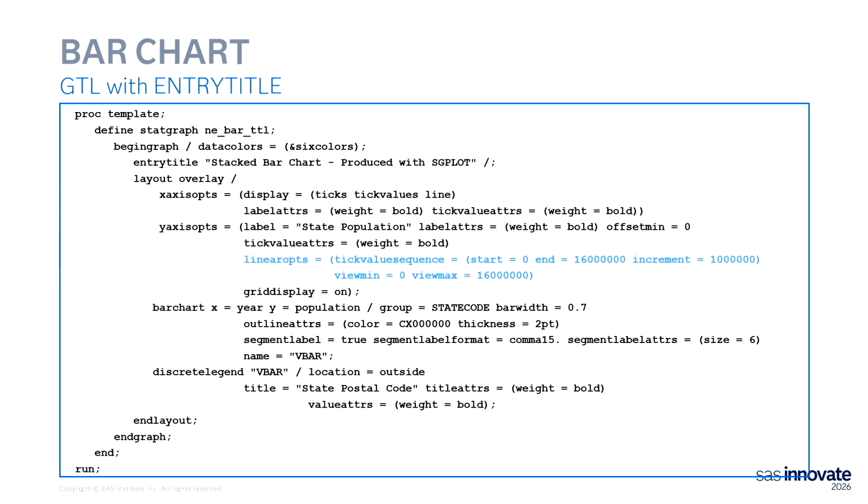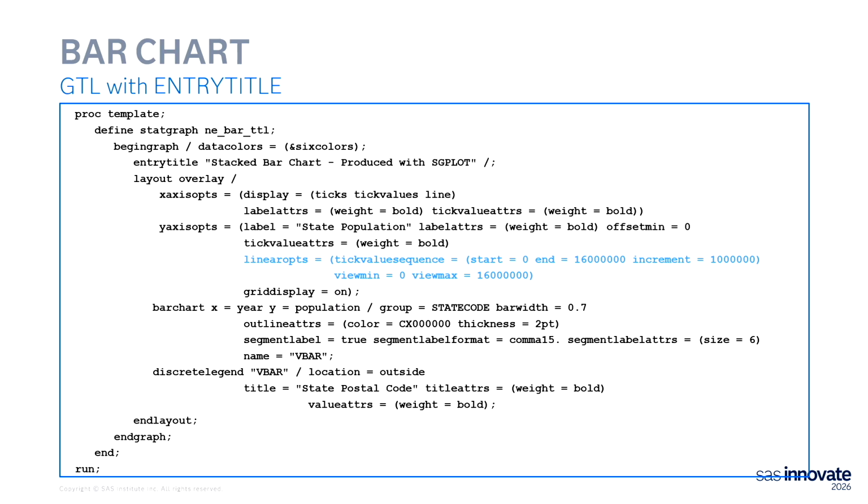I want to shorthand this because, what if all of a sudden I need to go to 24 million? Do I want to list all the tick marks between 16 million and 24 million? I just have to change it here and here. And so what this tick value sequence is saying is, I'm going to create a list of tick marks starting at 0, going to 16 million, and each tick mark is going to be an increment of 10 million. Now, the view min and the view max is saying that I'm going to allow data between 0 and 16 million to show. That doesn't make a lot of sense in this particular graph.